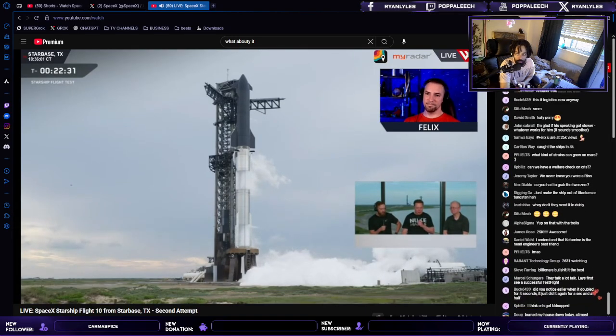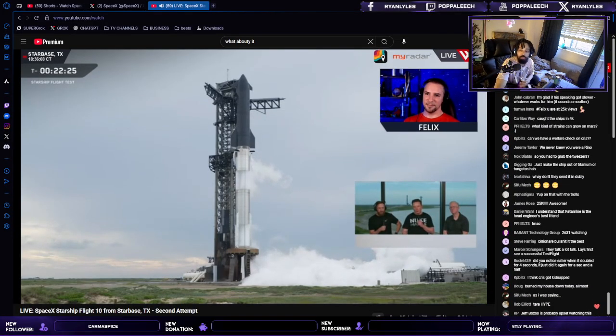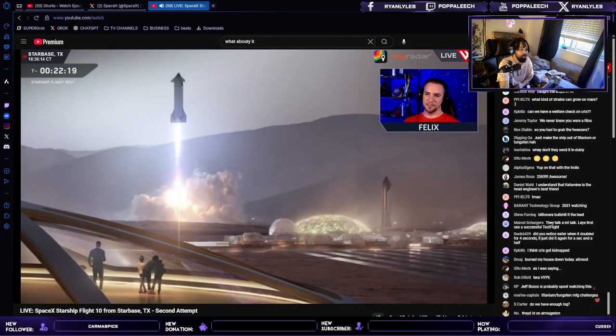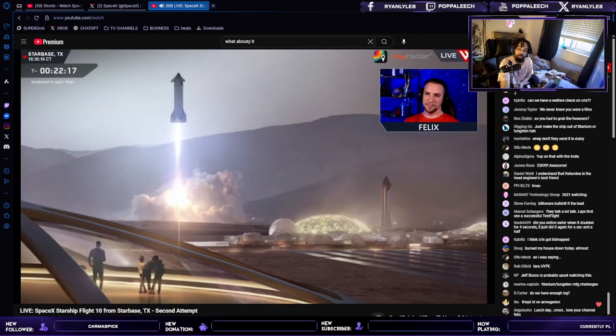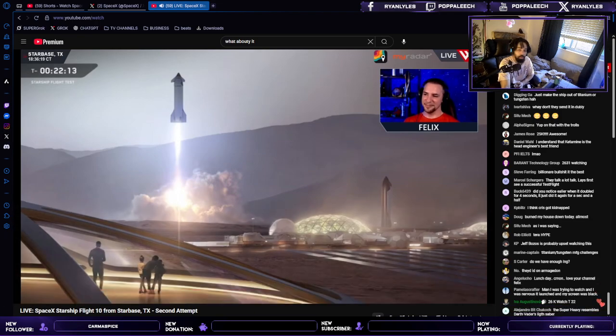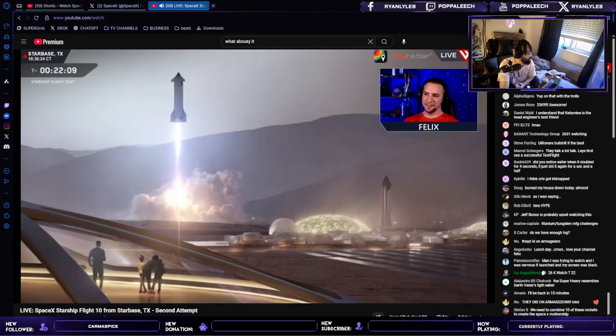But with full reusability and propellant transfer, those are the key technologies needed for building a city on Mars, and I'm confident that the SpaceX team, which is incredibly talented, will achieve these goals, and we will be landing ships on Mars in the future and building